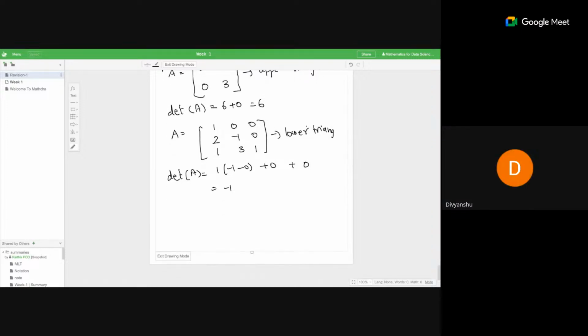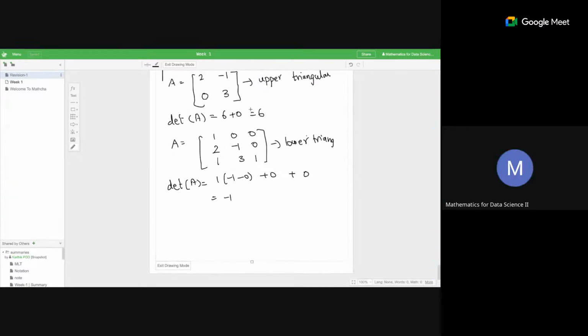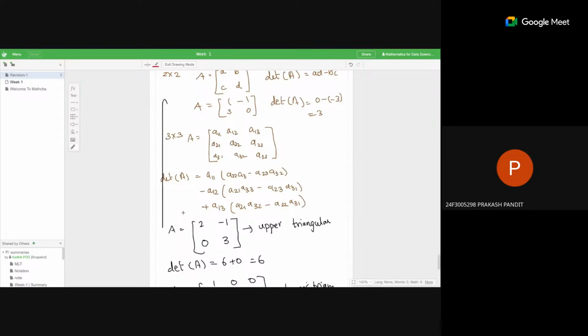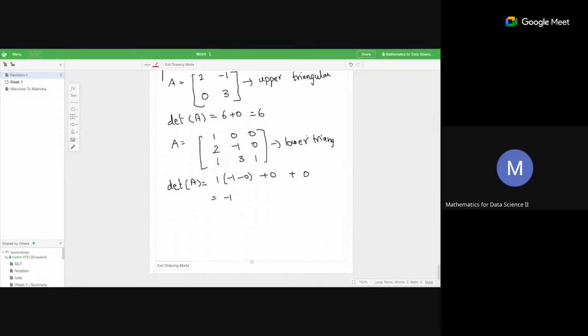So what is it that you observe in both the cases? The determinant is nothing but the product of the diagonal entries. So in the case of a triangular matrix, you don't have to use some big formula. Straight away, you have this property that the determinant